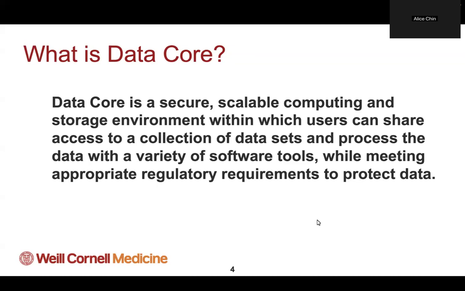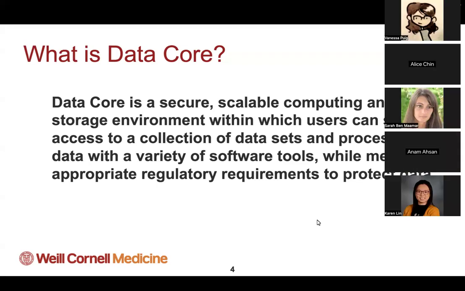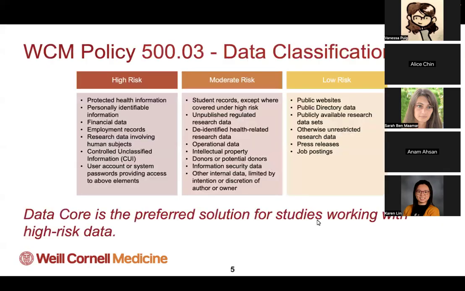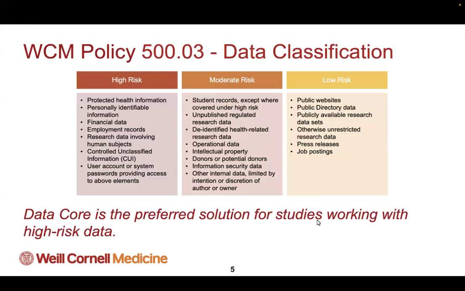Primarily, Data Core came into existence to support studies that are dealing with high risk data. I don't know if you have seen this before, but the data classification levels are defined in Weill Cornell policy 500.03, and they classify different types of data between high risk, moderate risk, and low risk. Data Core's environments are set up mainly to support studies using high risk data, essentially anything PHI,